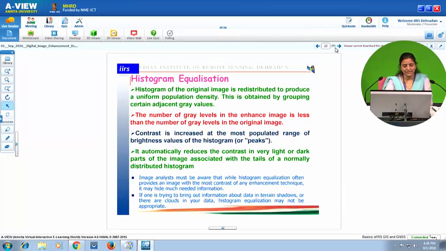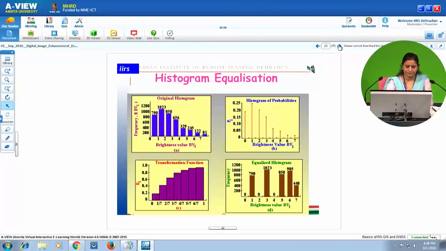The image analysts must be aware that while histogram equalization often provides an image with the most contrast of any enhancement technique, it may hide much needed information. If one is trying to bring out information about data in terrain shadows or there are clouds in your data, histogram equalization may not be an appropriate technique for your particular data.